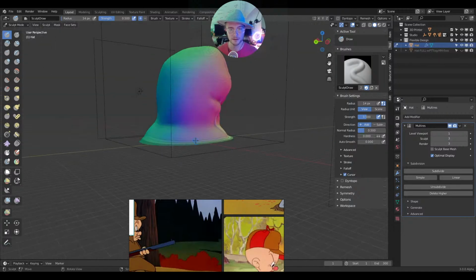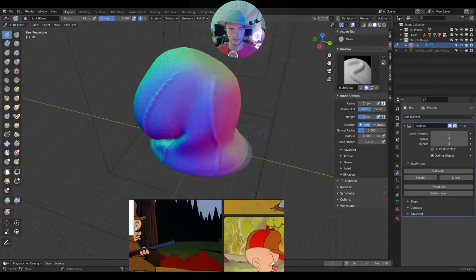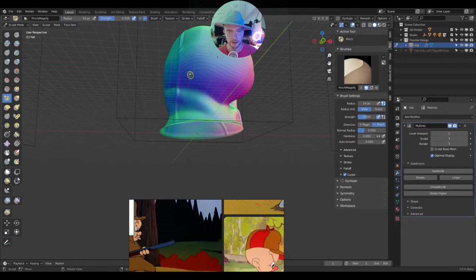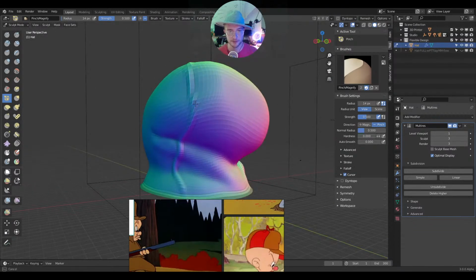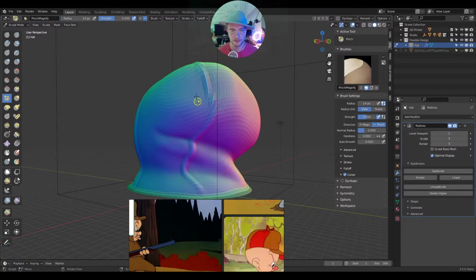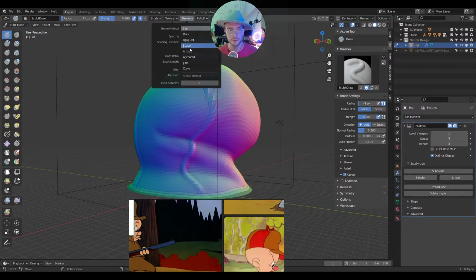Well, let's go here. And I'm not using any symmetry because I want this just to feel super crazy and raw. Now we're going to take the pinch tool, pinch brush, pinch it. Because we got to get to going. We got to get to sculpting here. Oh, that's not what we want. Let me go back to Draw Sharp. And we'll take our stroke to